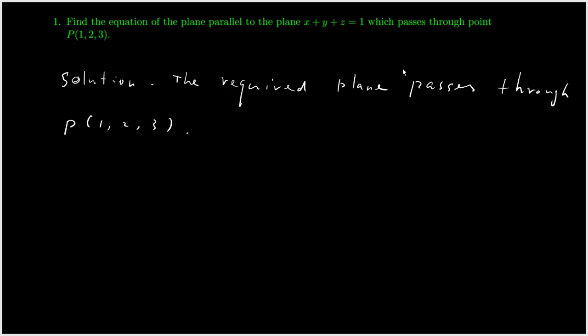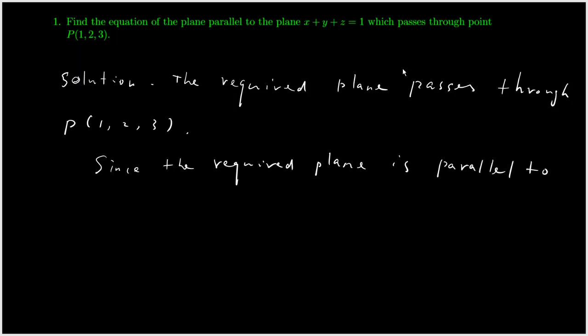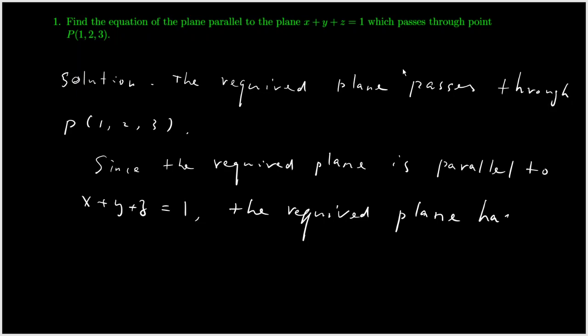I'm going to write one more sentence. Since the required plane is parallel to that plane, the plane has the equation x plus y plus z equals 1. So the required plane, a little bit wordy, but I'm trying to make it clear, has a normal vector